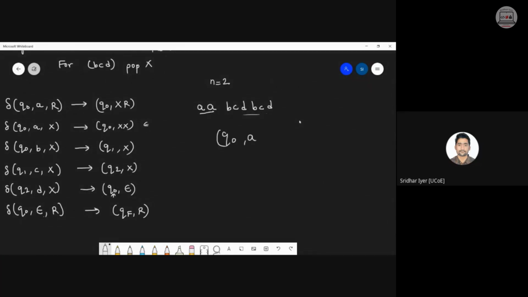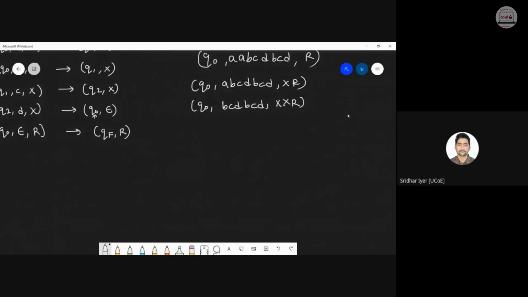I am in Q0. I know what is going to be the answer, but still you have to write it as a simulation. Now we know that we have encountered the first A, so it should be pushed. It will be something like this, XR. Again, one more A is there, so push it. It will become BCD, BCD, and it is nothing but XXR. So those who have joined late can follow me from here. Okay. Similarly, on Q0, BCD, we know that there is a change of state over here. It will be CD, BCD, no change in the stack. Similarly, this will be Q2 and no change in the stack.